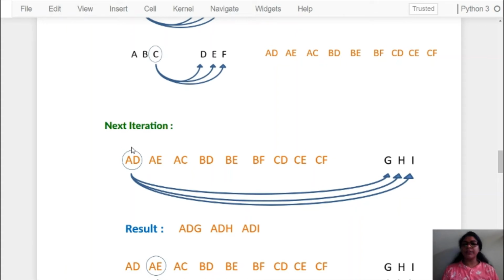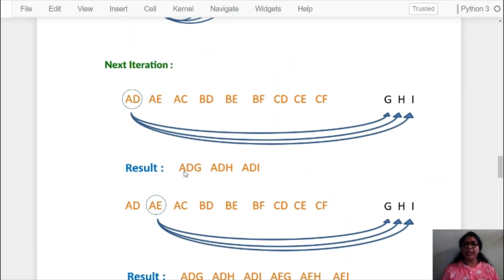First we will take AD, then AD will combine with G, and we will get ADG, then AD will combine with H and I. So in this way we get ADG, ADH and ADI. This result will be stored in some temporary result, then we will assign that temporary result to our main list result.